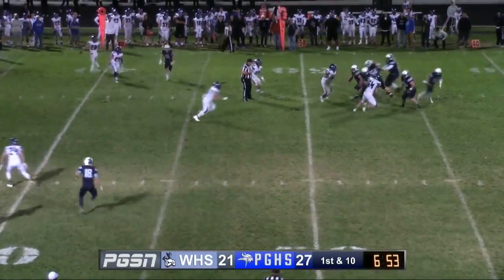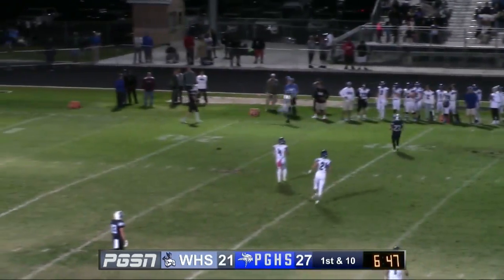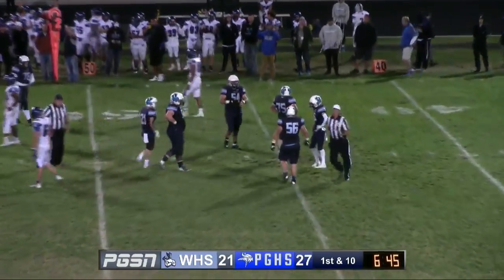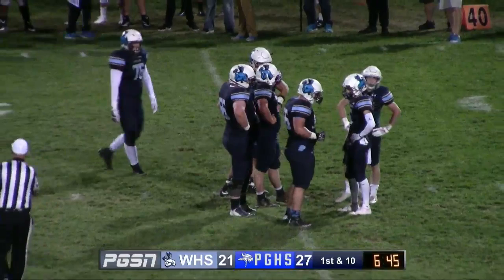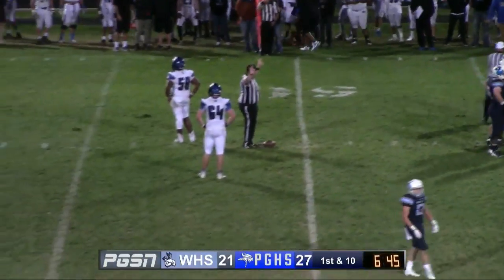Halliburton steps back, feels some pressure, escapes the pocket, reverses the other way again, scrambling around, throws it deep down the field, incomplete. There are a few near receivers, but not really close to anyone, not a real catchable ball, but way to not avoid the sack by Jacob Halliburton. Yeah, scrambling back there, trying to move in, then back out, and then off to the side, but he had